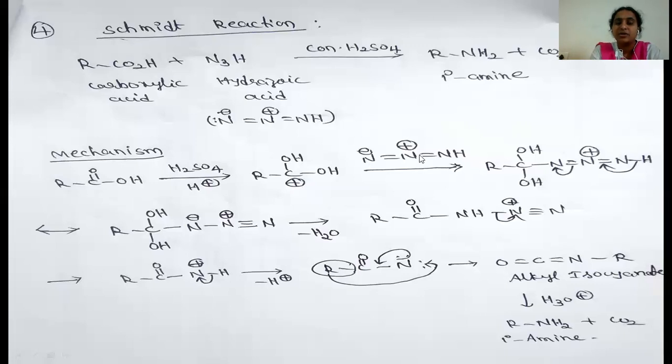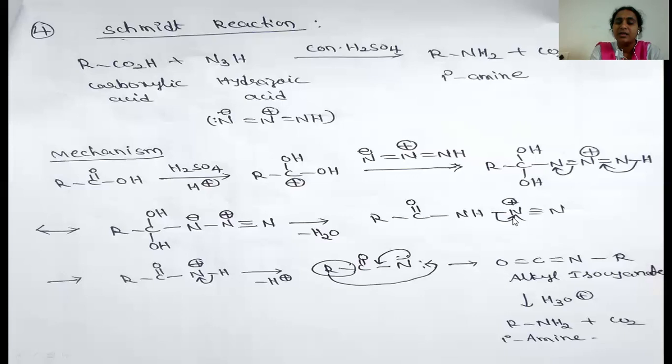If this is the hydrazoic acid structure, it makes the bond between the carbon and nitrogen, hence this compound will form. So here, by shifting of bonding electrons from one place to another, finally we will get this one. Here on the same carbon, two OH groups are unstable, so which liberates as a water molecule. So finally which liberates this compound.